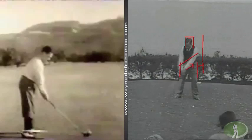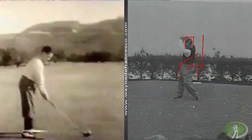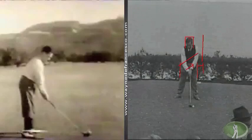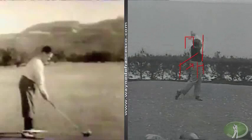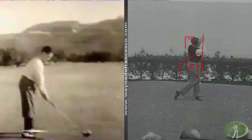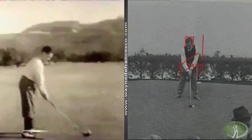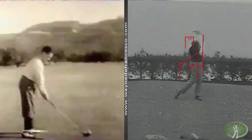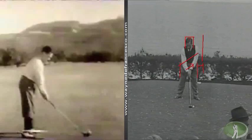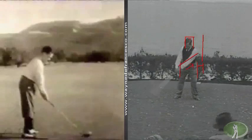If you look at the tempo, powerful. With all that leg movement, you're going to see the timing at the top look fairly smooth. He needs, like Couples would say, time to route and get the club back. But certainly snapping the thing through. I'm sure Jones hit the ball really far. Alright, now